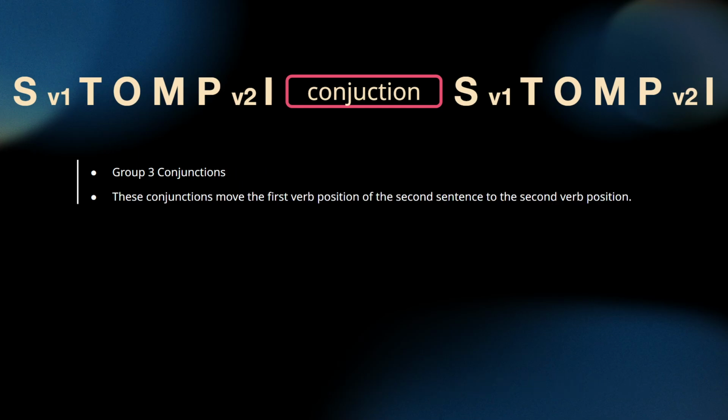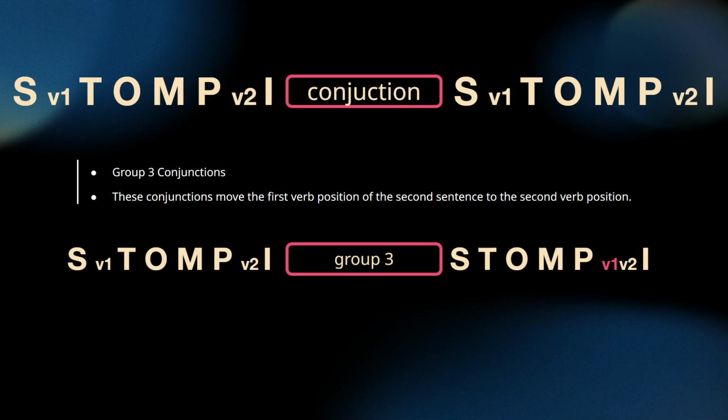Now let's take a look at group 3 conjunctions. And this is by far one of the most important areas in Afrikaans, because a lot of our language interacts like group 3 when it moves verbs around. If we have a group 3 conjunction in between two sentences, the verb 1 position is going to move to the verb 2 position. And I want to just remind you of the notes that we made when we went